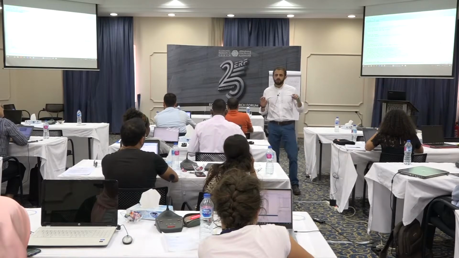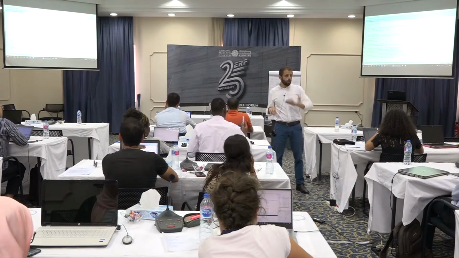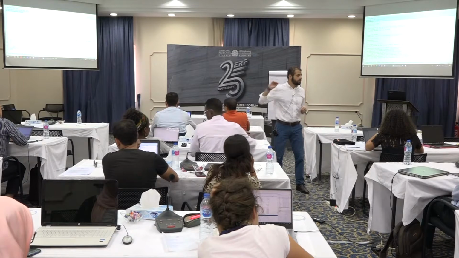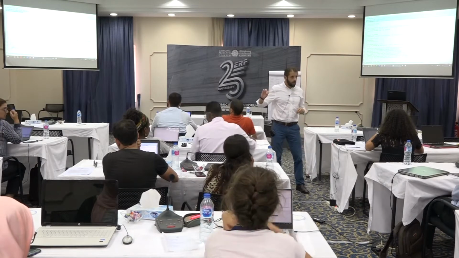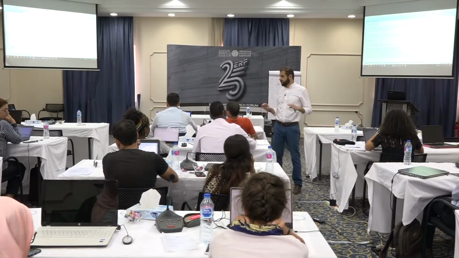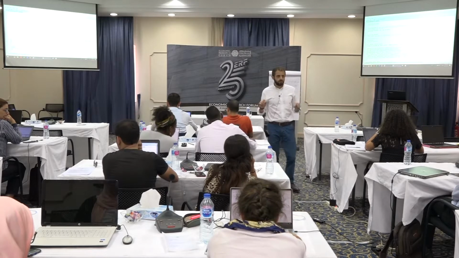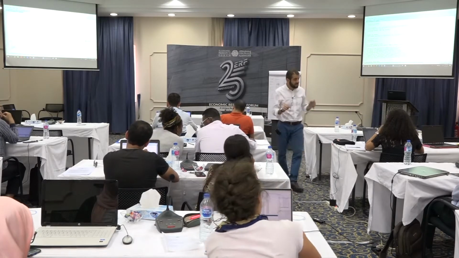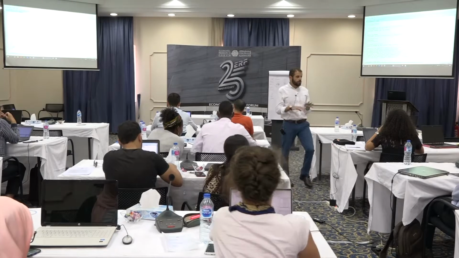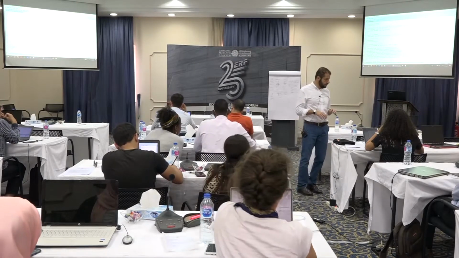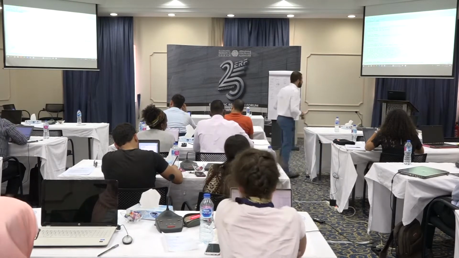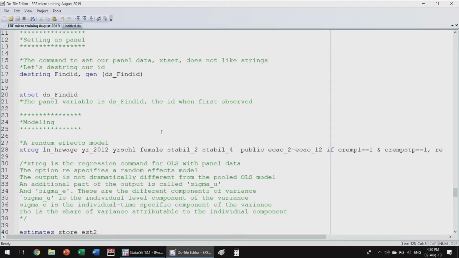So if I run just an xtreg without specifying that it's a fixed effect, it will run a random effect. This is why, if I want to run a fixed effect, I have to explicitly add the option. If I don't add it, by default it will be a random effect. So if I run this random effect estimation, whether I add the RE or not,